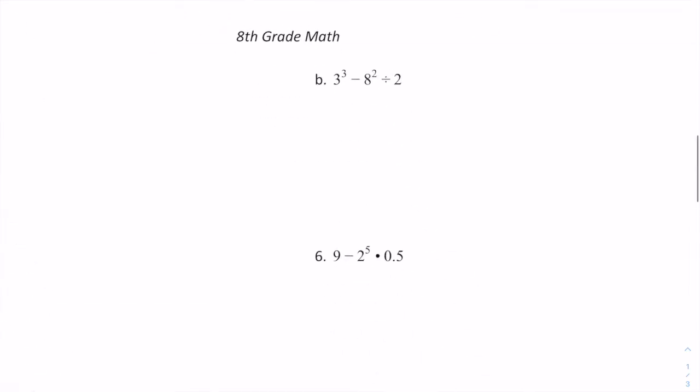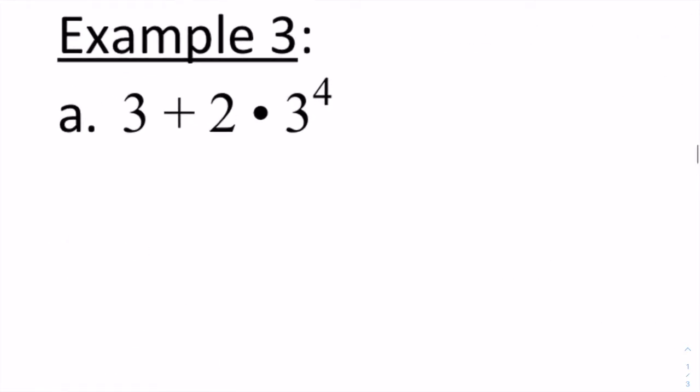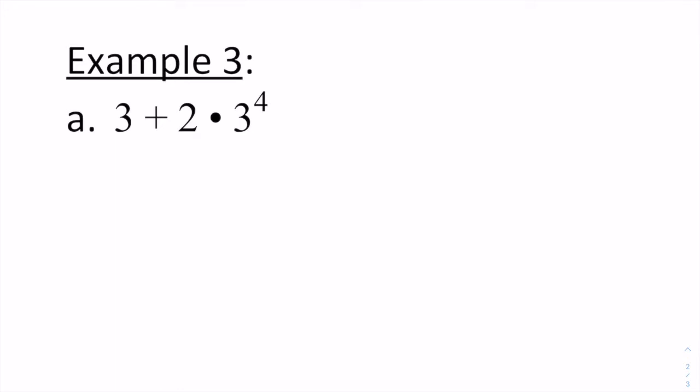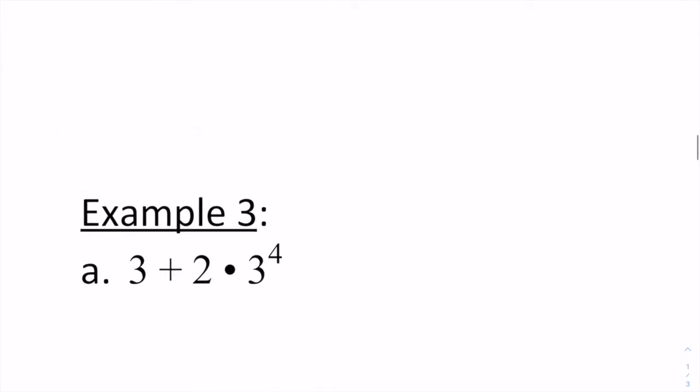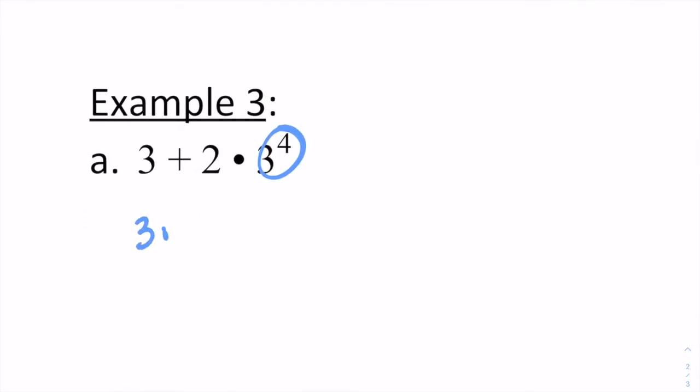All right, moving on to example number 3. All right, we are halfway there. So order of operations. What do you think I do first? Remember, if you ever forget, you can use GEMDAS or PEMDAS, whichever you are comfortable with. I really don't have a preference as long as you're okay using both. So in this one, exponent first. So 3 plus 2 times